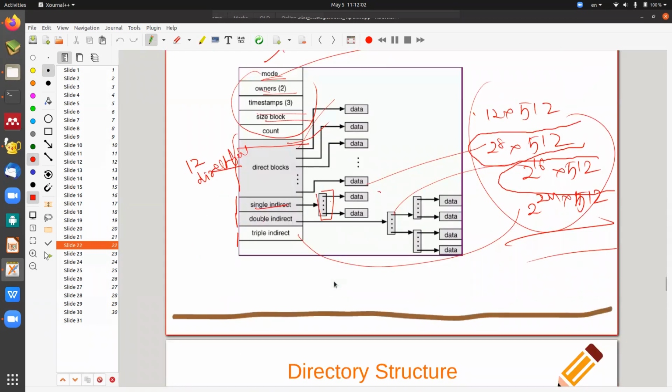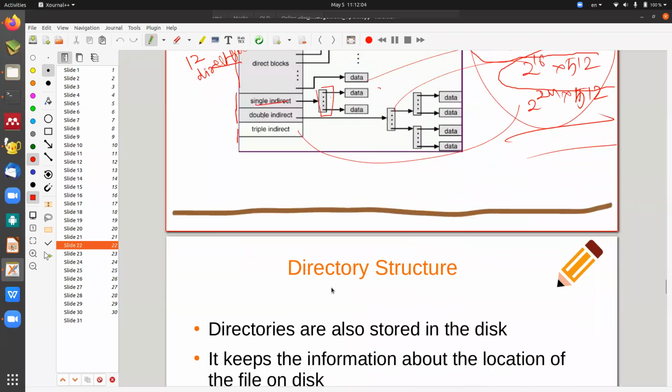So next comes the directory structure. Once you know that the files are there, as far as a normal file is concerned, the file cannot be stored separately. Rather, it has to be present inside a directory. When the operating system was initially developed, as far as the Unix flavor is concerned, Unix has a number of users. You can create a root user, a guest user, many users, yes or no?